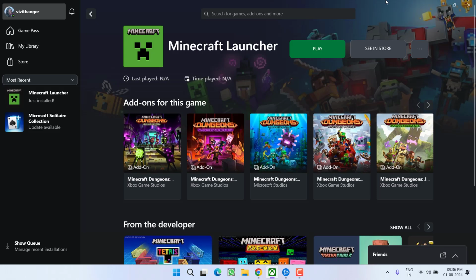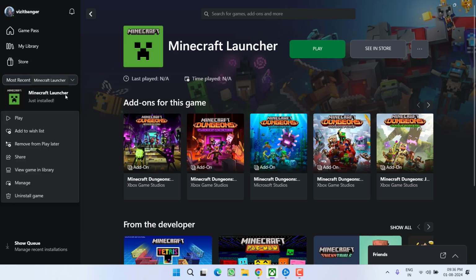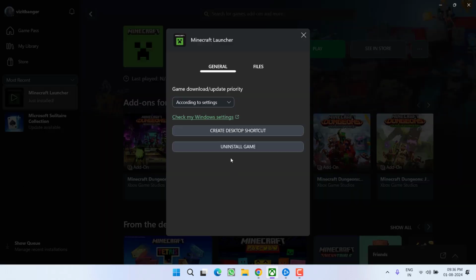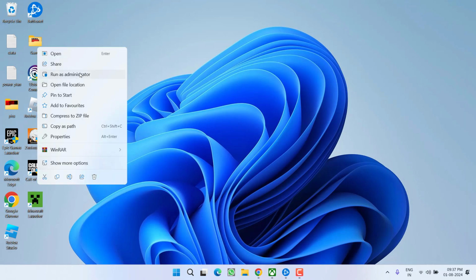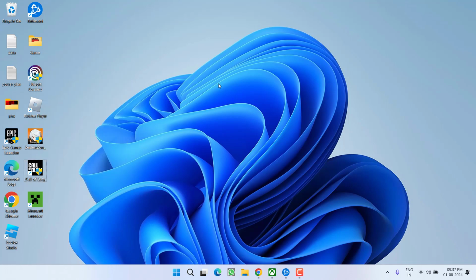If this failed to work out, in next step, right click on your Modern Warfare 3 game and then click on the option manage. From here you will find the option of create desktop icon. Click on it. Once the desktop icon is created, you need to right click on your game and from here choose the option run as administrator. Make sure every time you try to play the game, you choose the option run as administrator, and only then launch the game to fix the issue of Modern Warfare 3 error code 0x7, 0x3, 0x9 or 0x1.